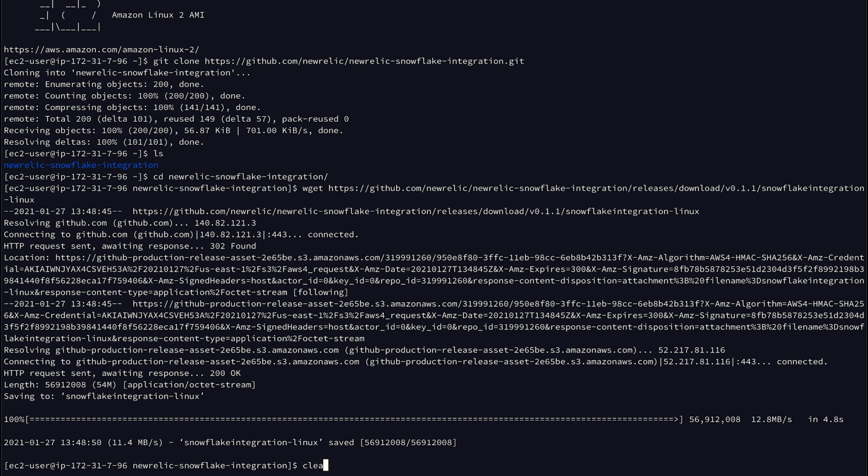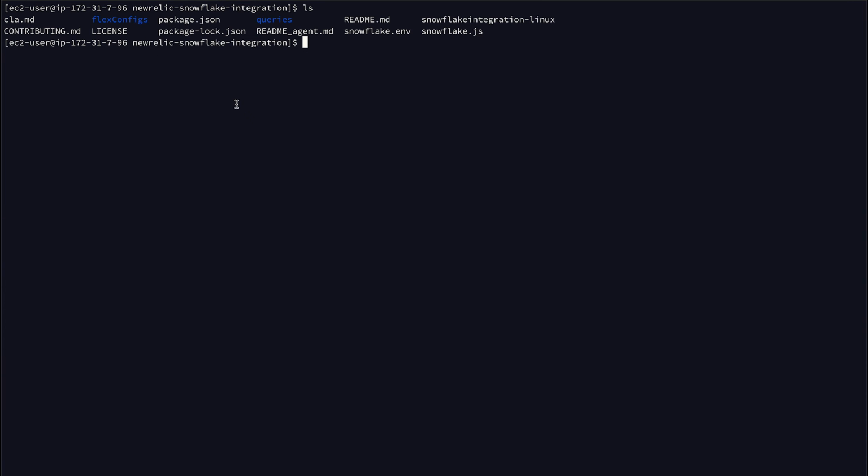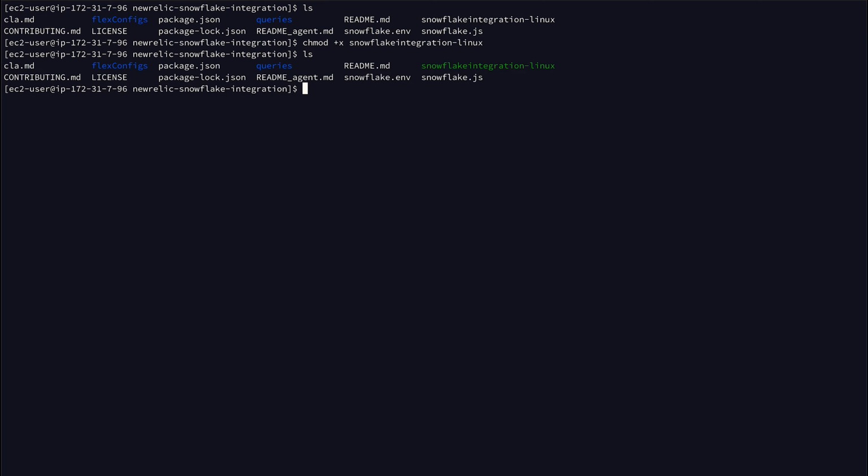Okay, so if we just clear the screen, I can see now that we have the files from the repository and we have that binary here. I just need to make sure that that binary is executable. So I'm going to do a chmod +x snowflake integration Linux. Okay, great. So that's going to be executable now.